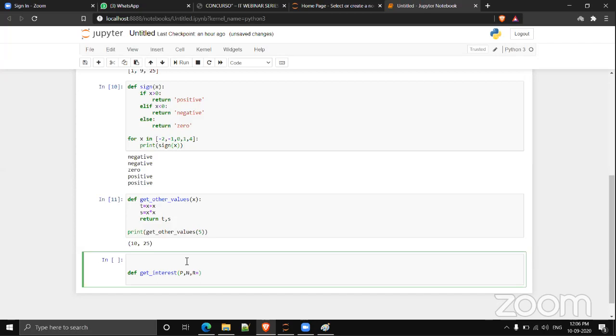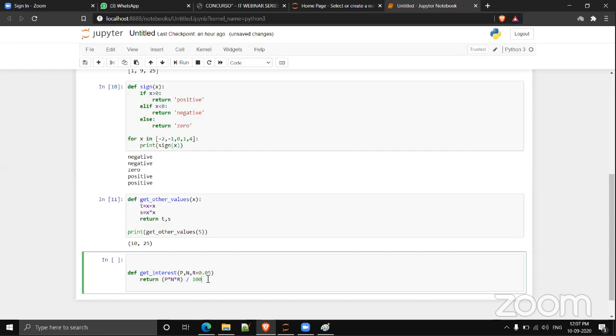If you're not specifying any rate of interest, it will simply take 5% interest. Return p star n star r by 100.